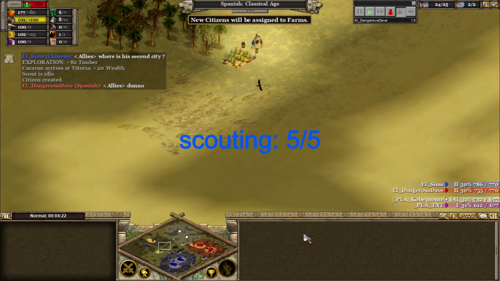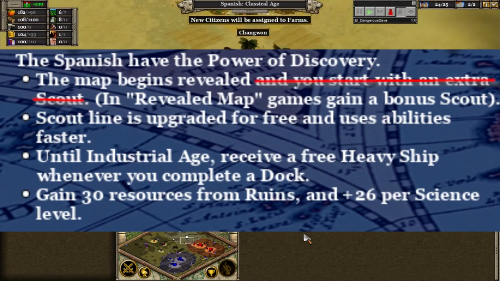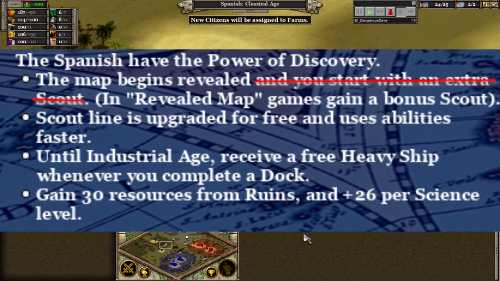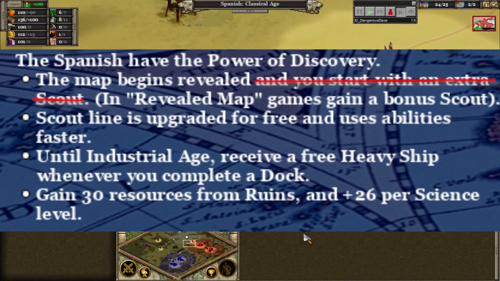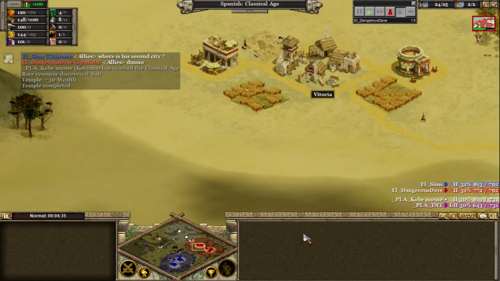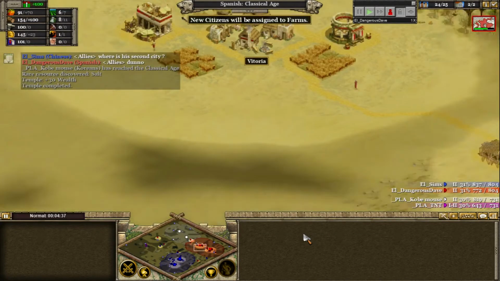5 out of 5. Now we move on to the more popular game mode, Nomad. So they retain most of their nation powers from standard except for the additional free scout, since you do not start with any scouts in Nomad. This hurts them quite a bit, but the explored map will still help your whole team in a Nomad game